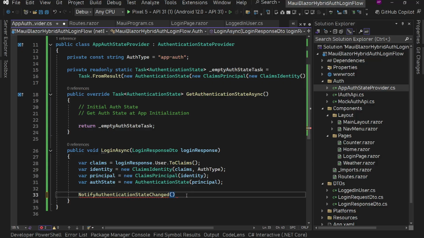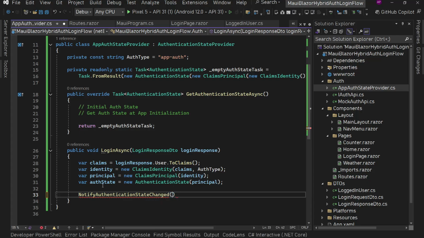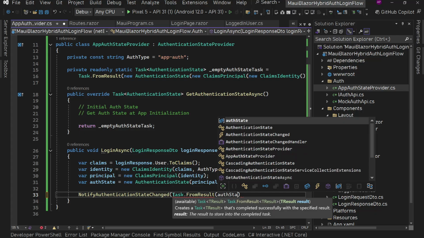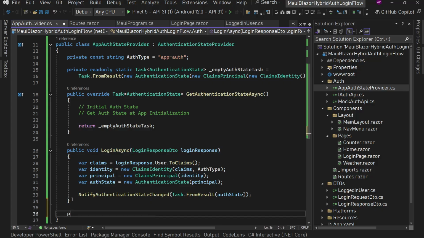I'll show you that. But here we need to provide the task of authentication state, right? So we have this auth state. We just need to provide Task.FromResult and this auth state. Using this, we are telling Blazor to notify whatever component or whatever action it needs to take on the basis of login information change. So the way we have LoginAsync, the same way we can have